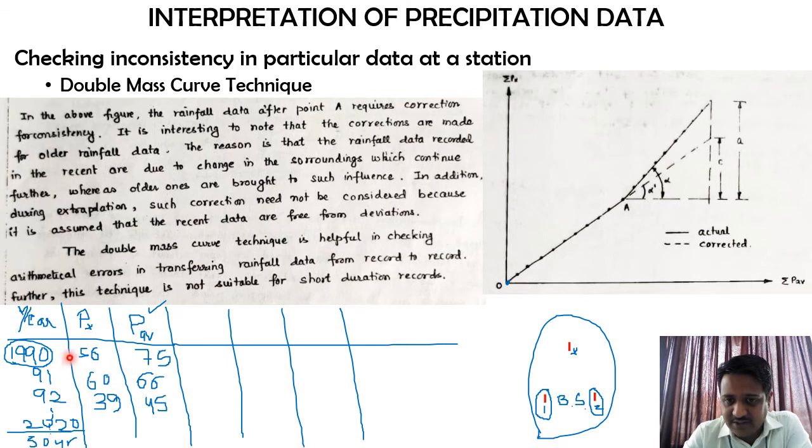So whatever data have been given over here, if I want to draw this particular graph for that set of data, this first point will be for 2020. Similarly, the second point will be for 2019, the third one will be for 2018, and so on and so forth. And this last point over here will be for 1990. So this is what we meant by saying we'll go from recent years to the past years.